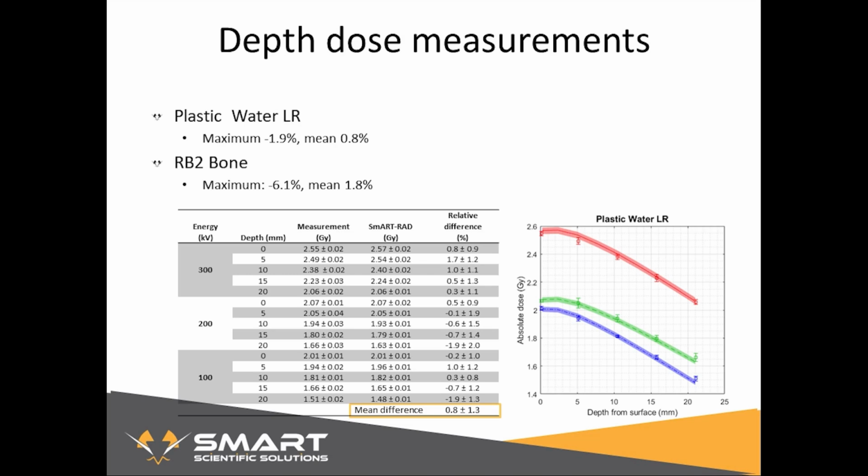But for example, on the right, you can see the figure for the plastic water. The full line with the color wash around it is the Monte Carlo simulation, and then the box with the error bars are the measurements. You can see that everything is within uncertainty of each other, which is very good, of course. The maximum deviation we saw was 1.9% with a mean of 0.8. It's important to know that it was calibrated for one energy, 300 if I recall correctly, but it scales well to the other energies as well, even though it uses the same calibration factor,